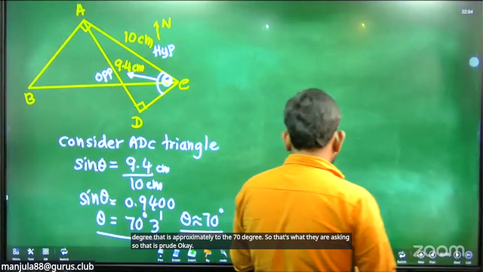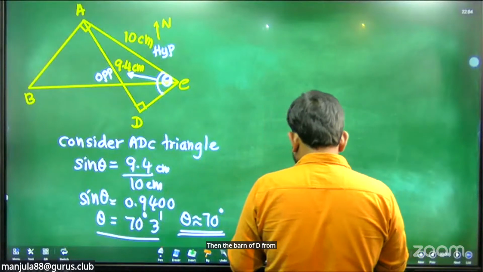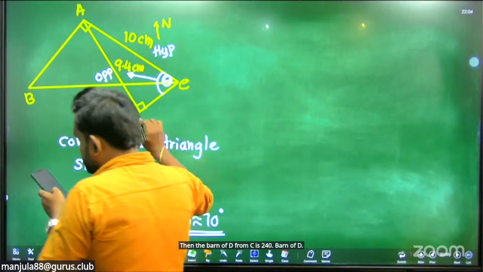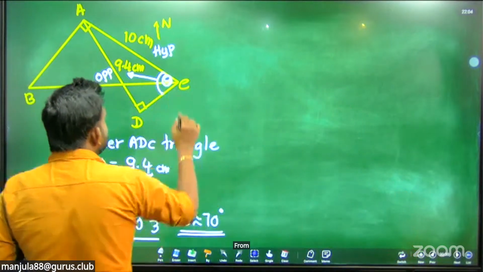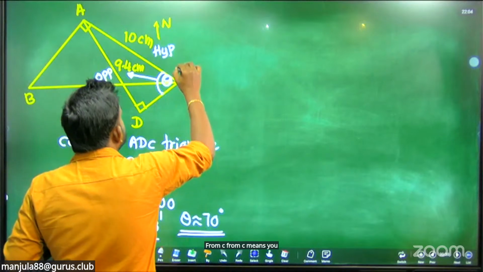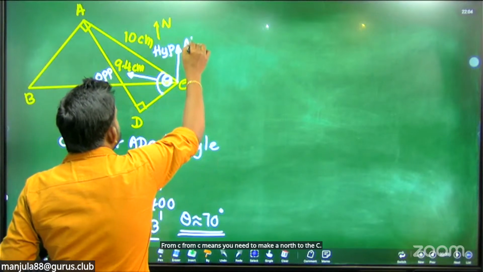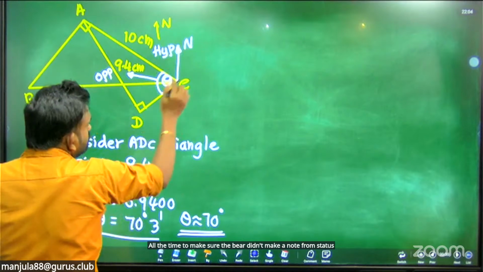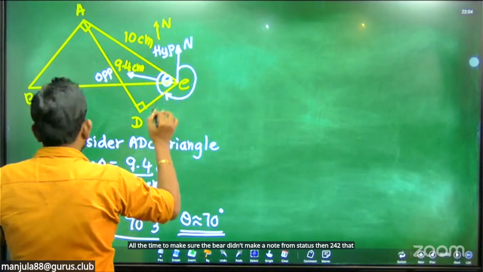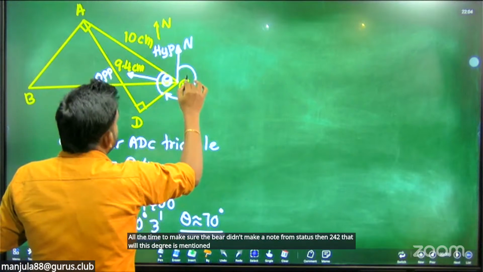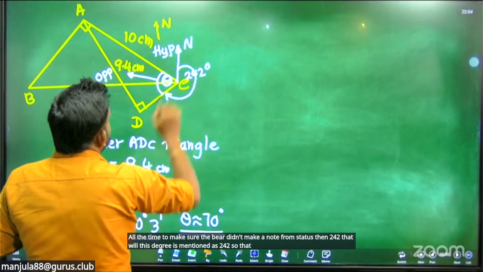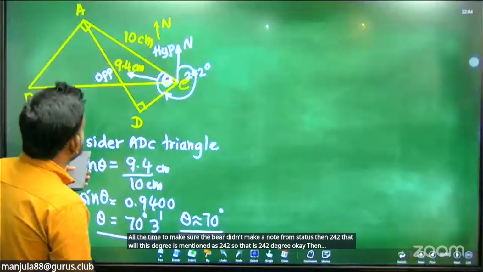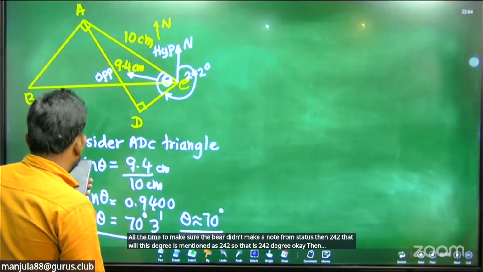Then the bearing of D from C is 242. Bearing of D from C. From C means you need to make a north at C. All the time to measure the bearing, make a north from C, then 242. That means this angle is mentioned as 242. So that is 242 degree. Okay. Then 242, and